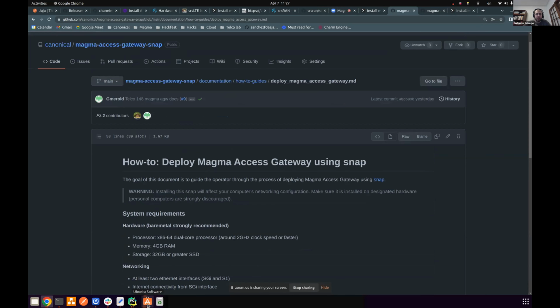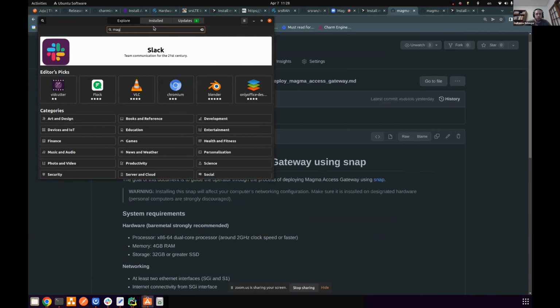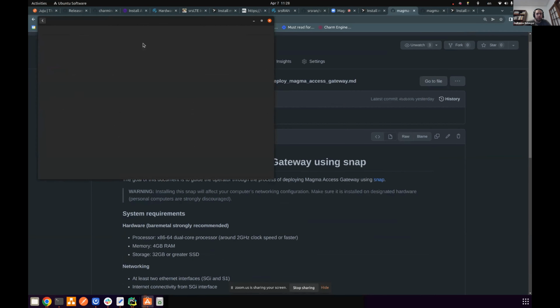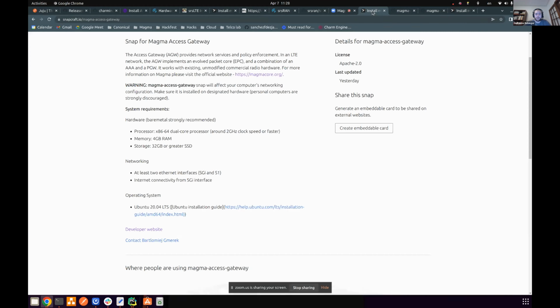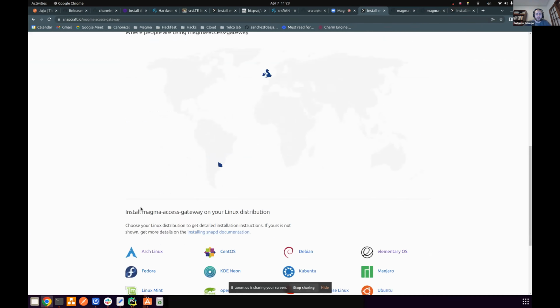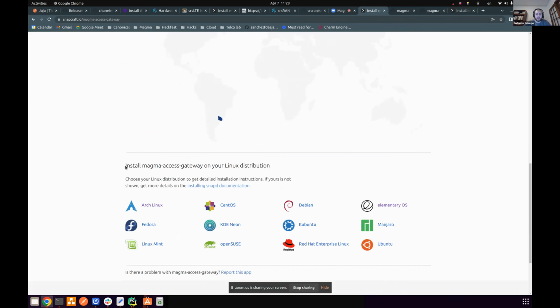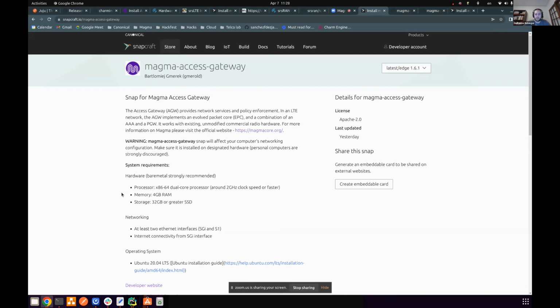You can also see the same stuff if you have Ubuntu. In your Ubuntu software store, you can look for Magma, and it shows up here. It's the same content. Note that it only works on Ubuntu for now. It can be confusing, but at the bottom it says that it works on multiple OSs. We'll have that removed. For now, it just works on Ubuntu, so ignore the section where it says install it anywhere. That's all I wanted to share.